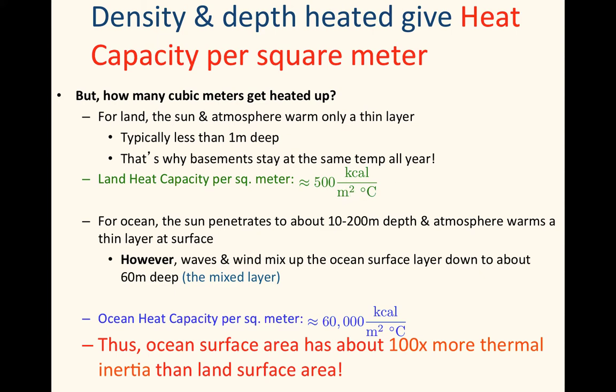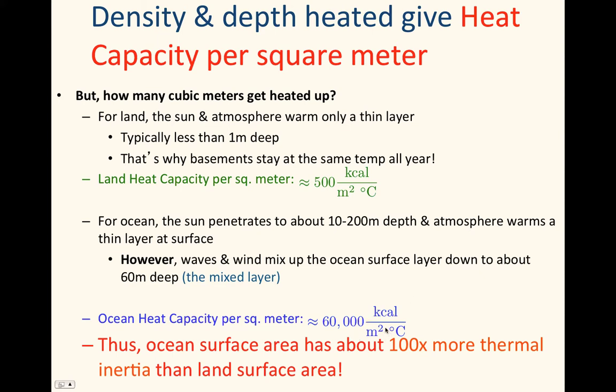For the ocean, the sun penetrates between 10 and 200 meters depth, depending on what's in the water and how clear it is, and the atmosphere warms a very thin layer at the surface. However, there's always waves and wind that are mixing up the ocean surface layer down to about 60 meters deep, which is called the mixed layer. So if you use a ballpark average of about 60 meters, all this energy is getting mixed in the ocean, and multiply it times our first calculation for how much energy does it take to warm up a cubic meter of ocean, you get 60 times the original calculation, which was 1,000, and now you get 60,000 kilocalories are required